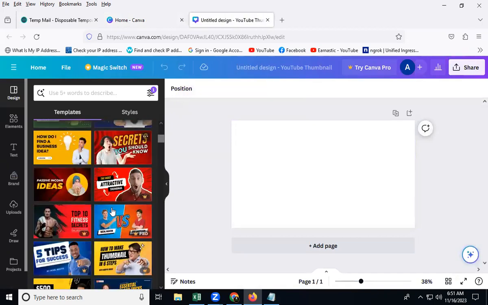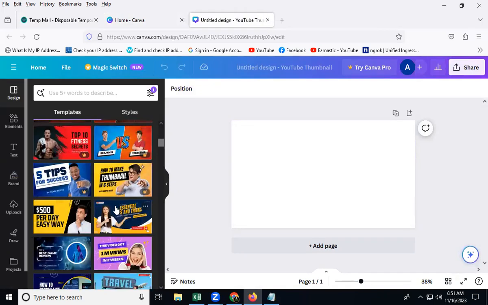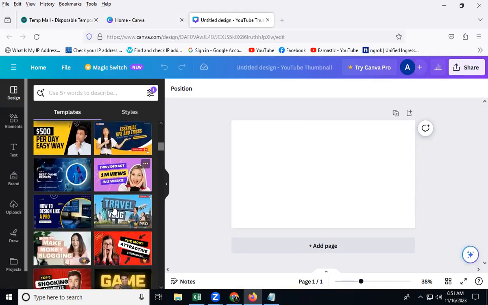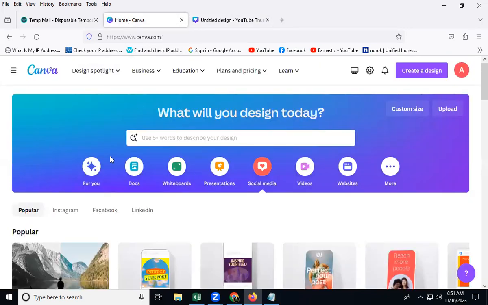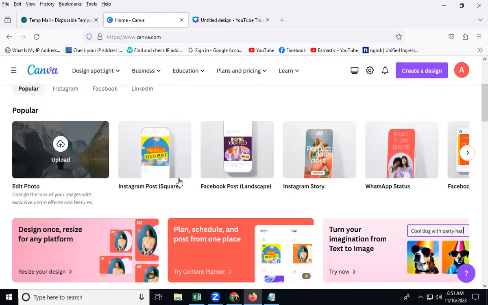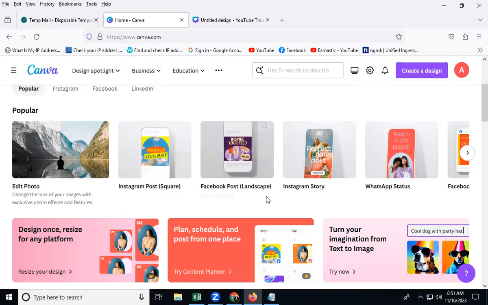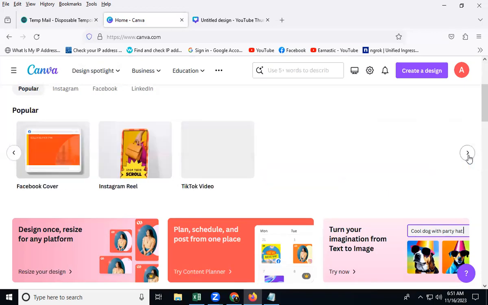There are many free suggested YouTube thumbnails. Social media templates, edit photo, Instagram post, Facebook post, Instagram stories, WhatsApp stories, Facebook, a lot of social media,